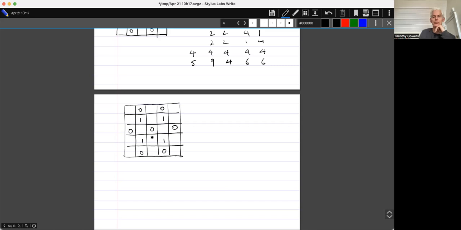So I'm not quite sure exactly what I'm trying to say here, but I think I'd like to argue now that if I try to cover any of these squares exactly once, apart from the middle one, I'm going to be in some difficulty.